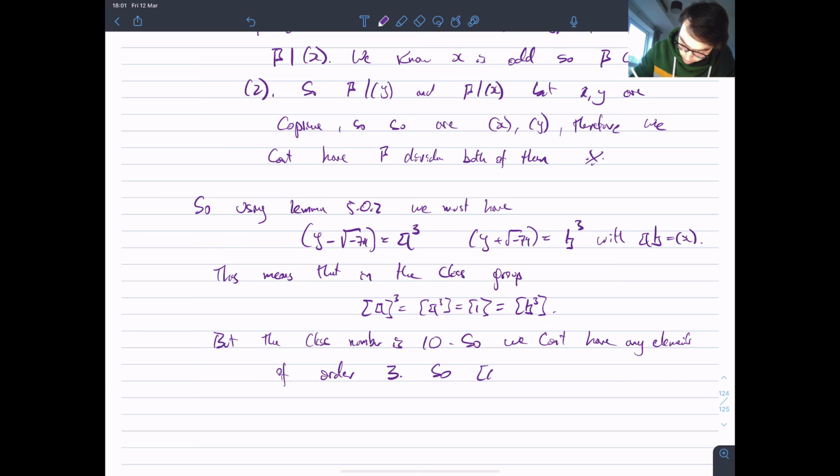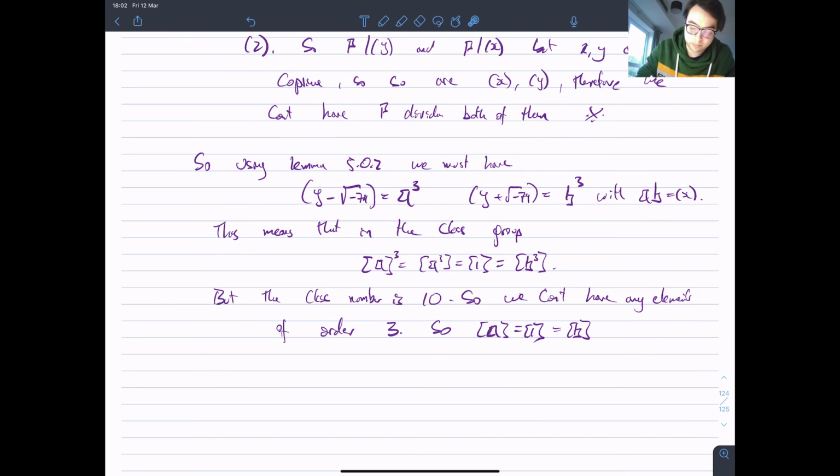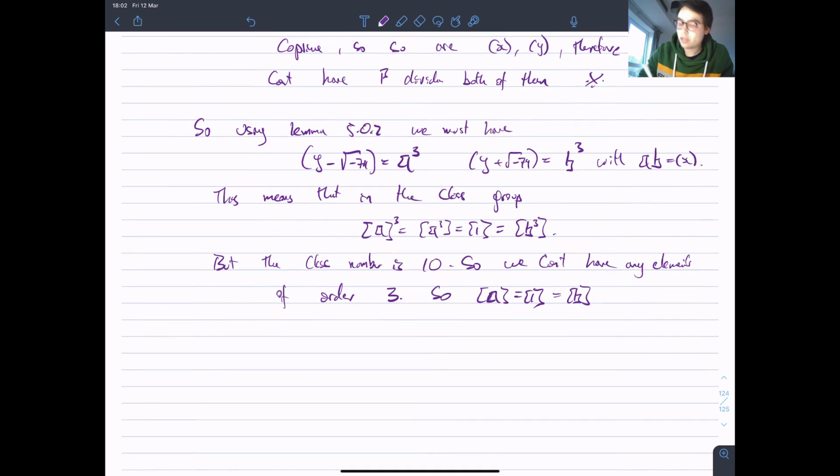So the class of A, when I have that A cubed equals 1, that means that the order of A is either 1 or 3, right? So I'm saying it can't be 3, so it has to be 1. So this has to be this, and the same for B. So each of these ideals has to be the class 1, so each of these ideals has to be principal. So A has to be principal. Therefore,